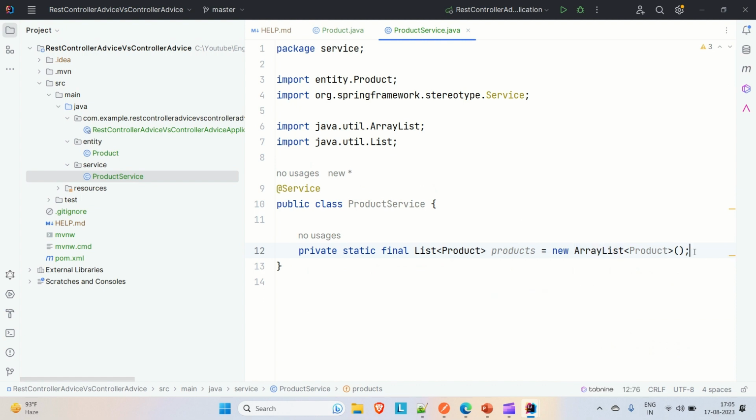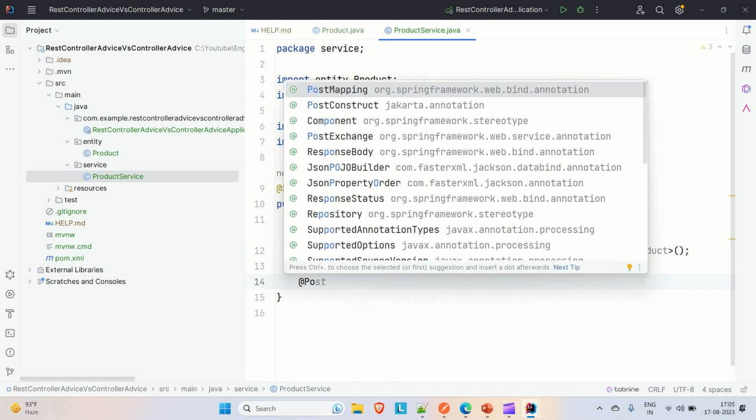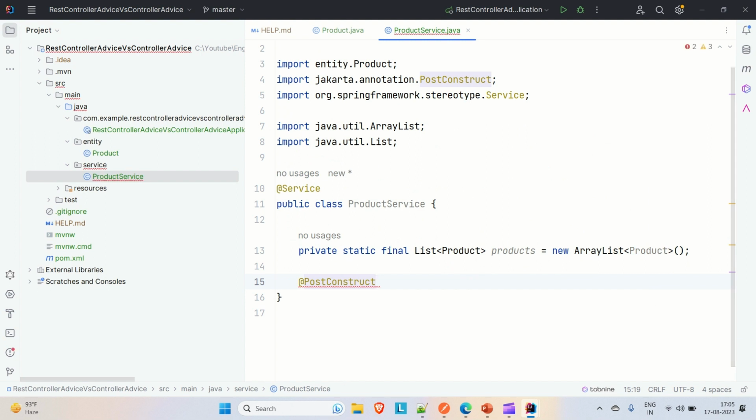Okay, now what I will do, I will use the @PostConstruct annotation to load a couple of products into the list, or insert a couple of products into the list, when we are starting our application. So when we start the application, this PostConstruct will be running, and it will run the code inside it, and once that code has run, this product list that we have created would be having a couple of records in it. Okay, so let me try to create a method here. So private void init,